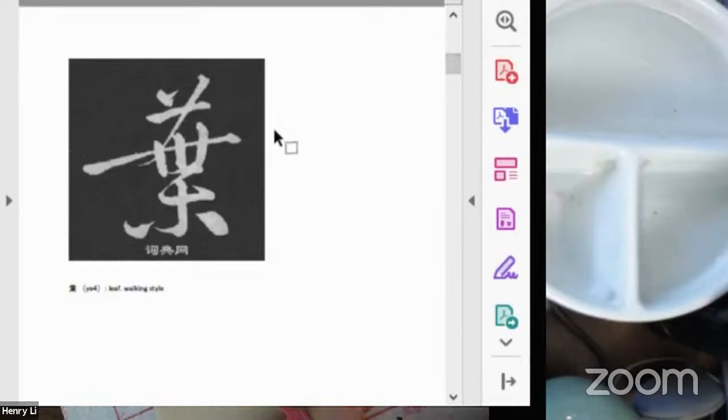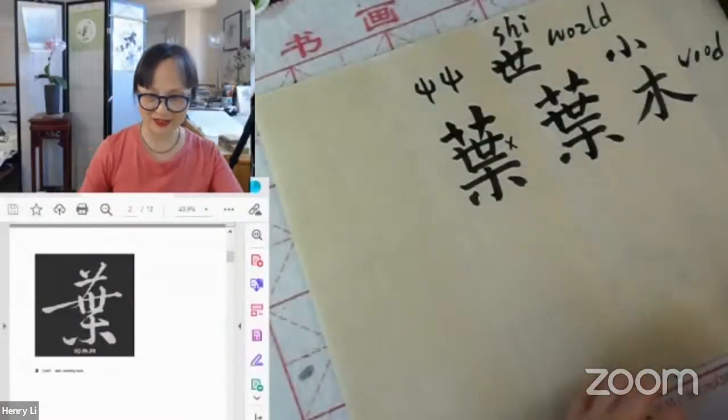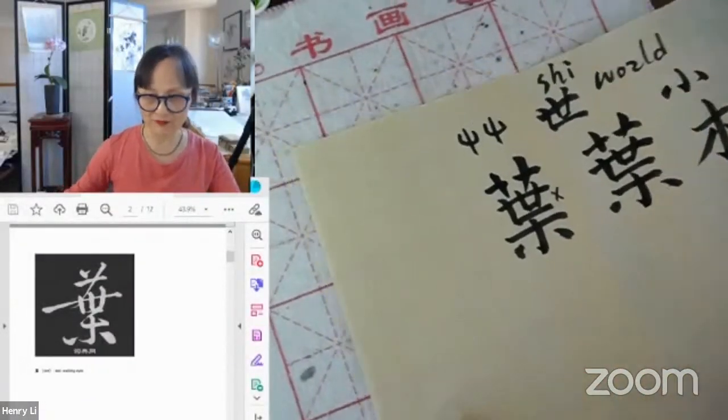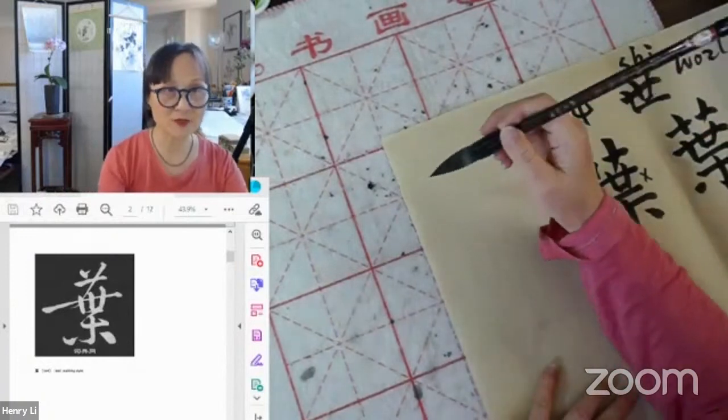Sometimes the order changed a lot, changed some, but looks still alike, right? Okay, how to write it? Very obvious, the two cross become like a whole thing together, right? Two, that's very common. So two cross become